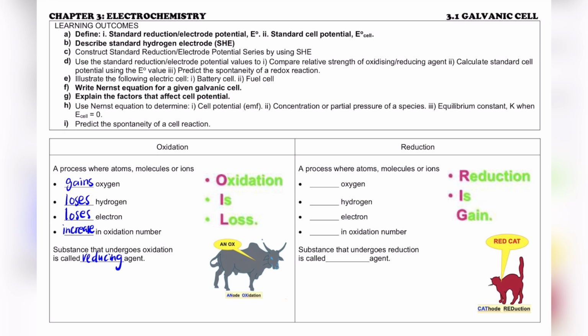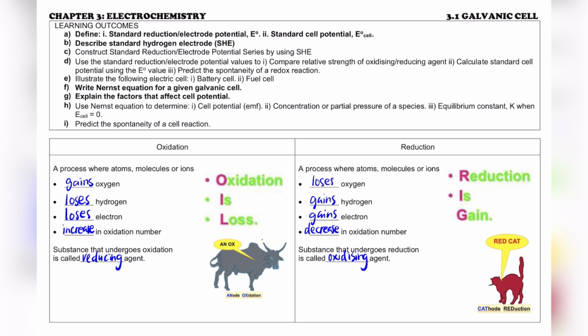So the second process is going to be the opposite of oxidation. It is a process where atoms, molecules, or ions lose oxygen, but it will gain hydrogen and electrons, and the oxidation number will decrease. So the substance that undergoes reduction is what we call the oxidizing agent. This term is very important for you to understand, and I hope you can also use the simple acronym